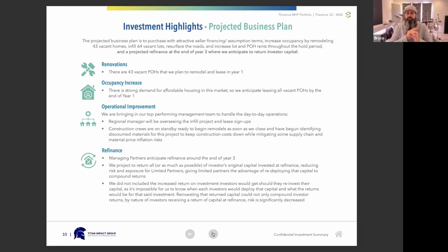And our construction crews are on standby, ready to begin remodels as soon as we close, and we have already begun identifying discounted materials for this project to keep construction costs down and mitigate some of the supply chain and material price inflation risks. So basically, we go out there, we buy all the materials we need, we move our construction crews in there, and then we just rock and roll to knock out all these remodels as quick as